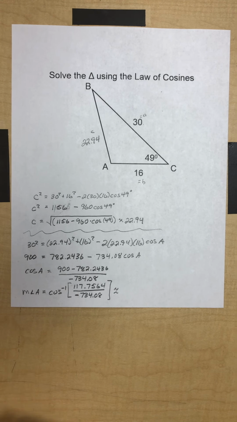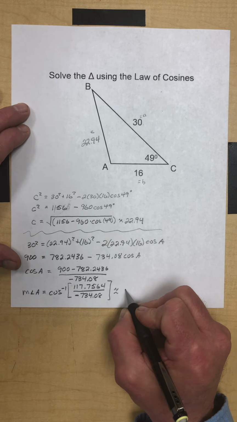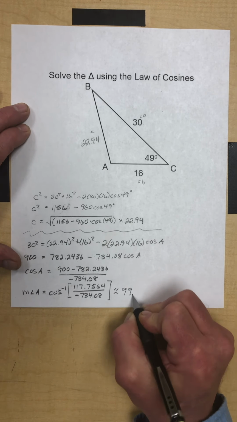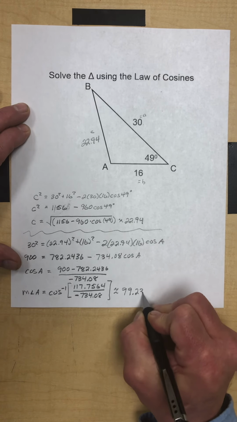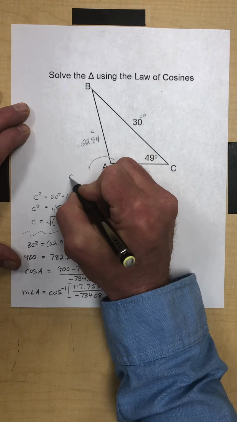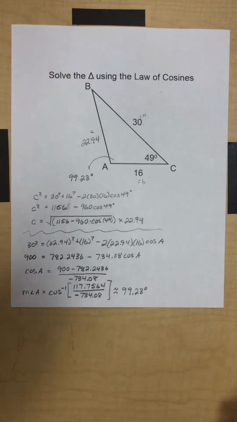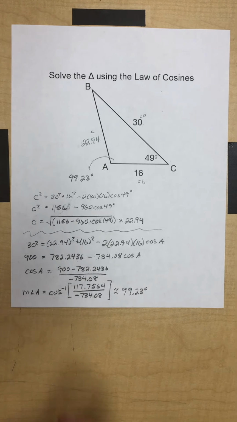117.7564 divided by negative 734.08 and hit enter. And when I round off to the nearest hundredth, I'm going to get 99.23 pesos. Okay, so this guy right here should be 99.23 pesos. Now, some people would say, well, just use the triangle sum theorem to come up with angle B,